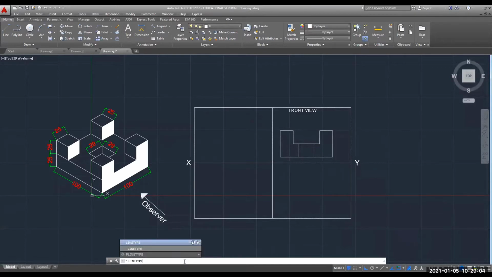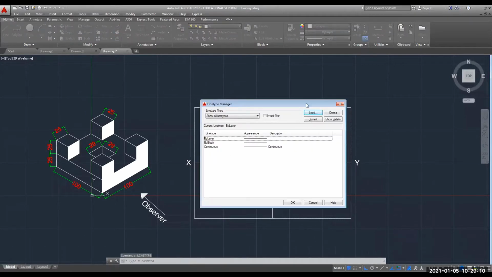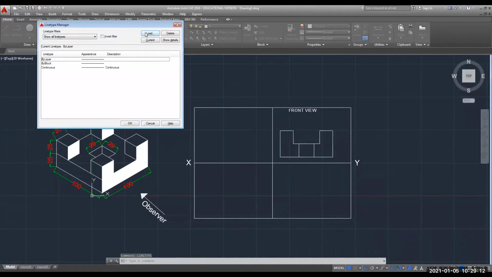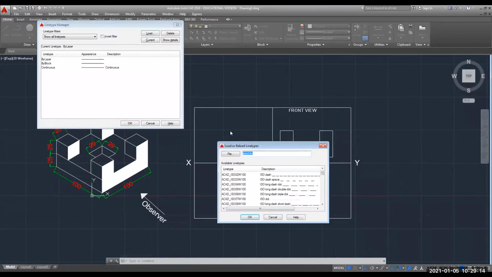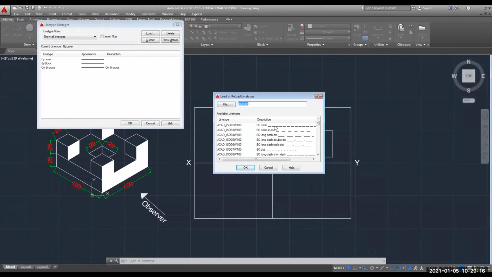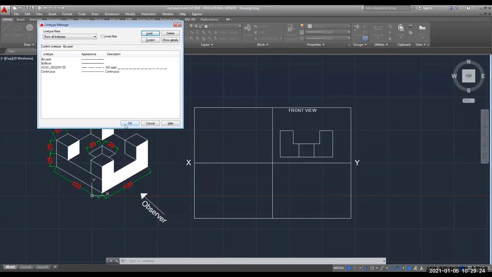You have to go for the command linetype, press enter, then click on Load. Now you have to select which type of line you want to load. I will go with the first one, that is your dash lines. Click on OK and again OK.